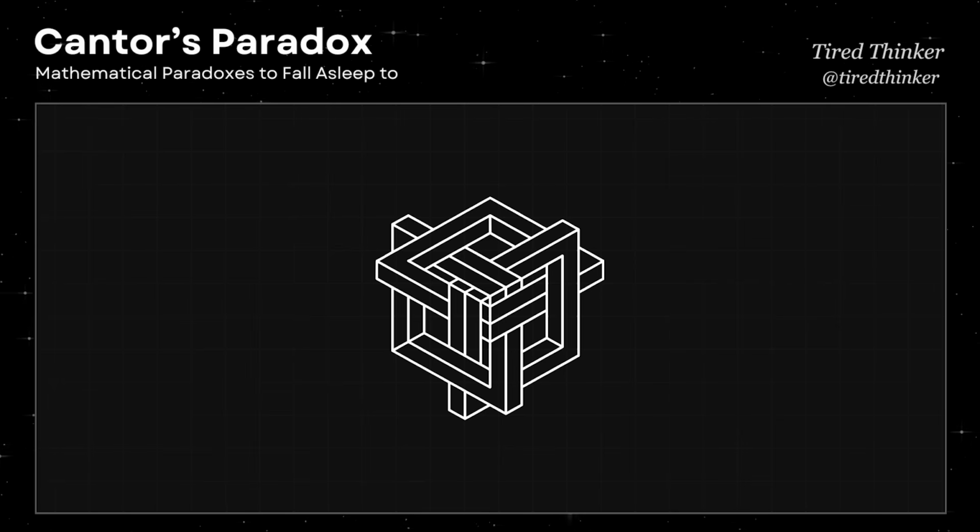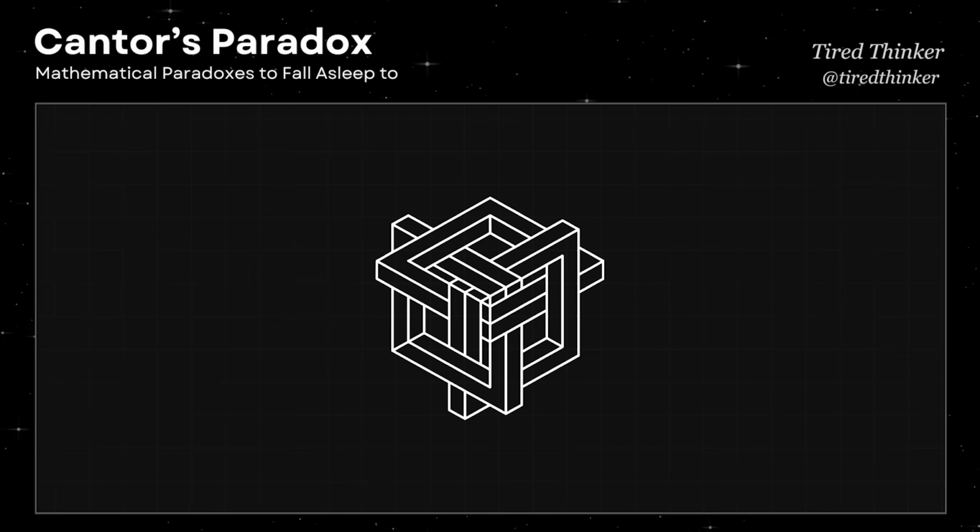Cantor discovered that not all infinities are equal. He proved that the set of real numbers, which includes all numbers with decimal places, is a larger infinity than the set of natural numbers. This result is surprising because it shows that some infinite sets have more elements than others, even though both go on forever. He demonstrated this using a method called diagonalization, which proves that any attempt to list all real numbers